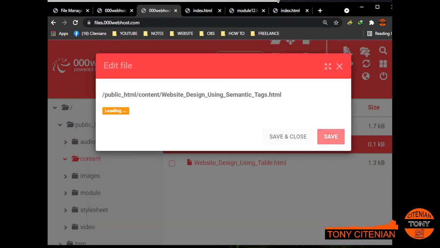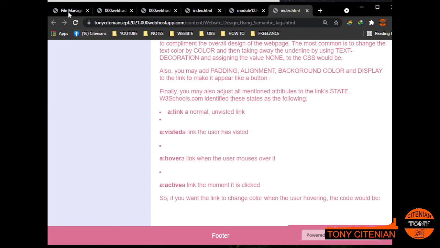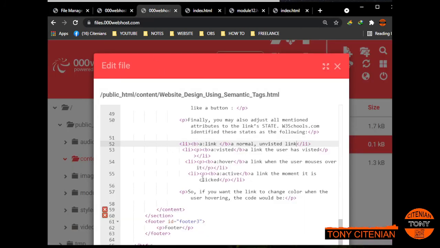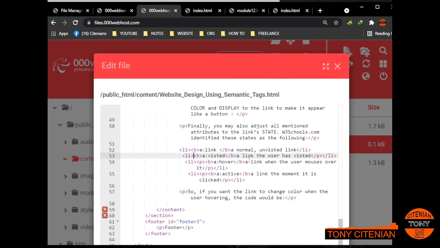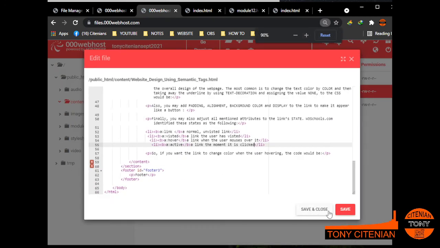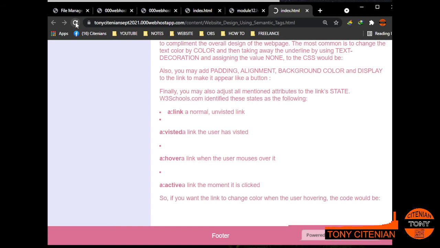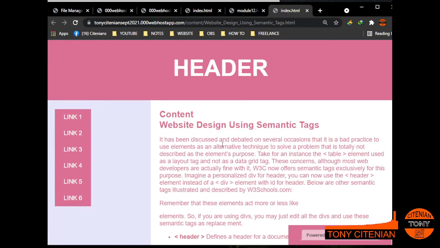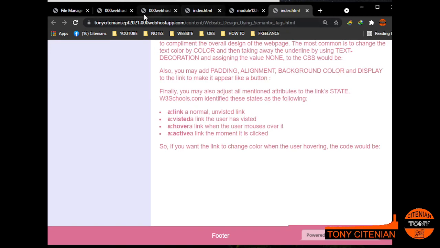Let's remove the paragraph. Paragraph is not included. Next one,